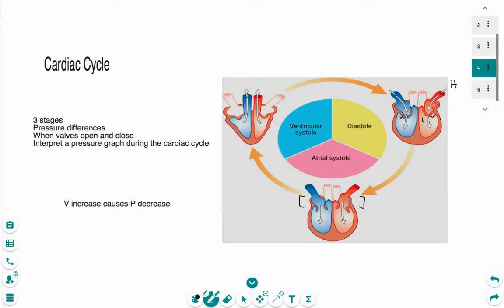As they get squeezed, the volume is made smaller, so the pressure increases, and this forces even more blood down into the ventricles. So now we've got an even greater volume of blood in the ventricles. Atrial systole has forced the atrioventricular valves to open even more, and it's caused a greater volume of blood to enter the ventricles. And then the third stage of this cycle is called ventricular systole, which is the ventricle